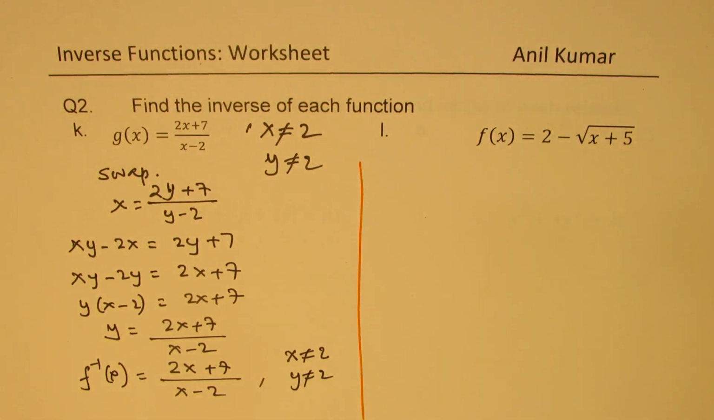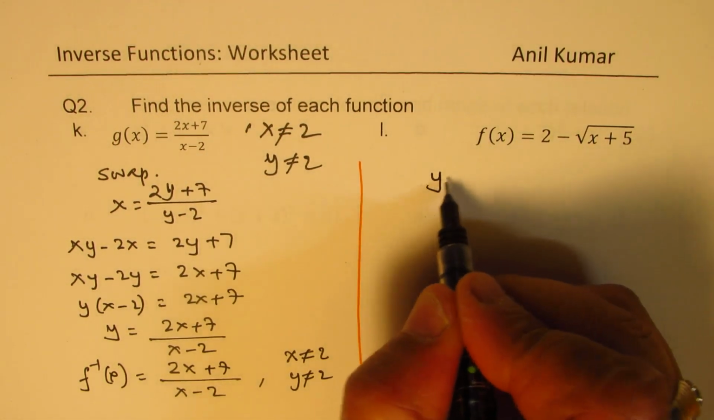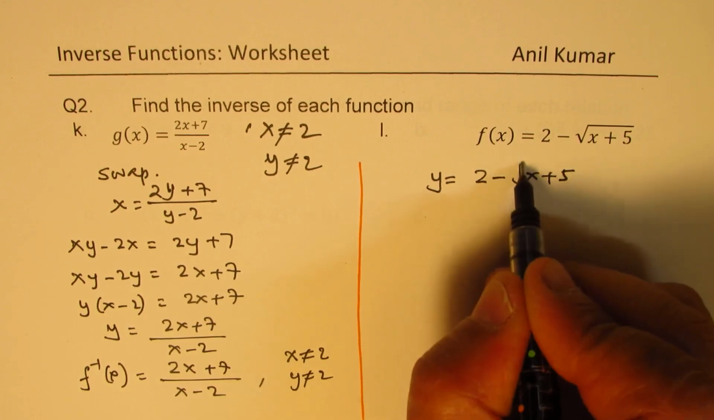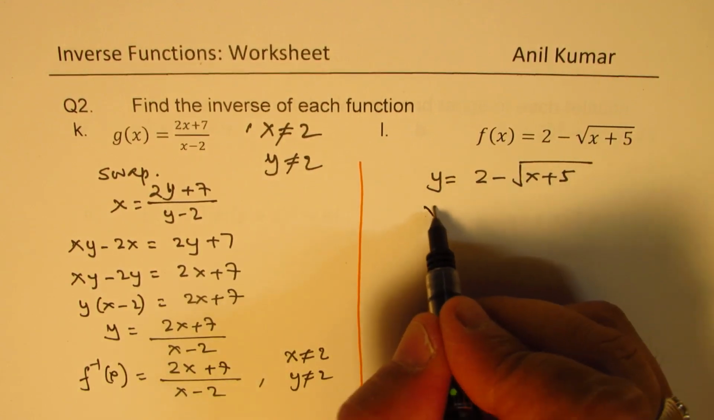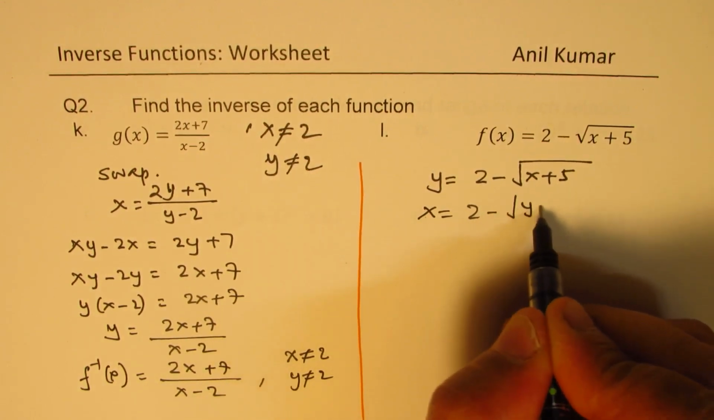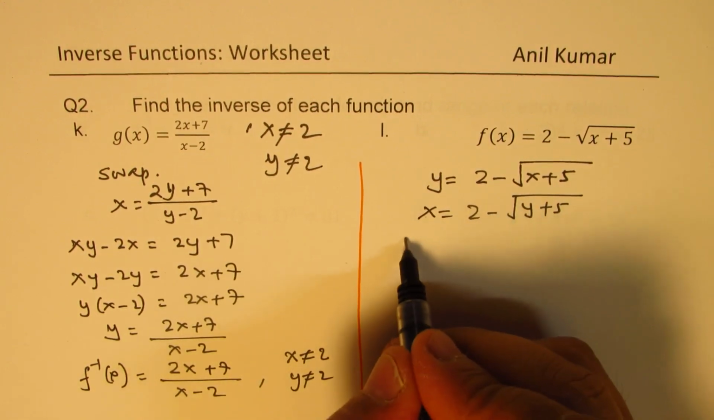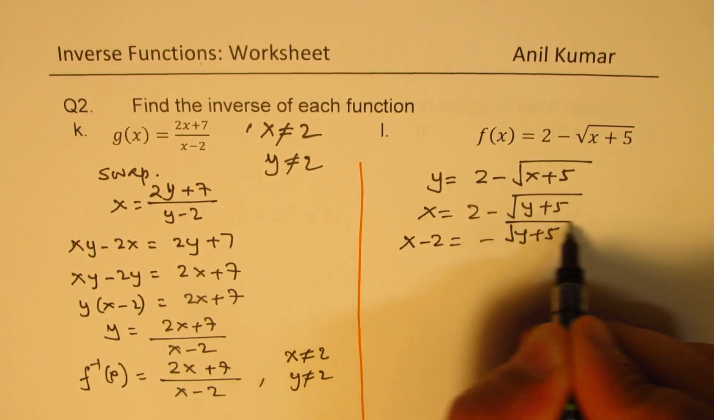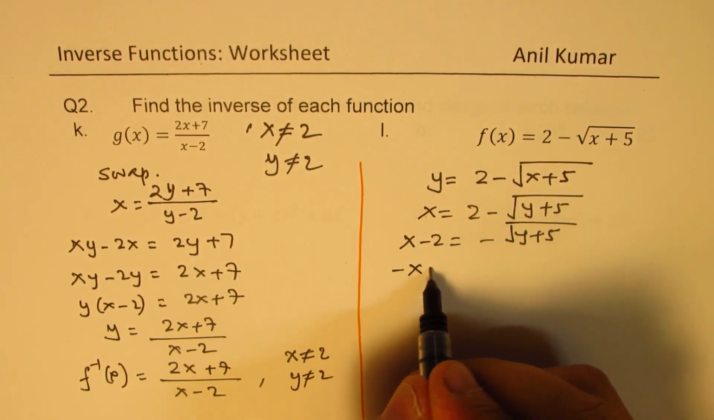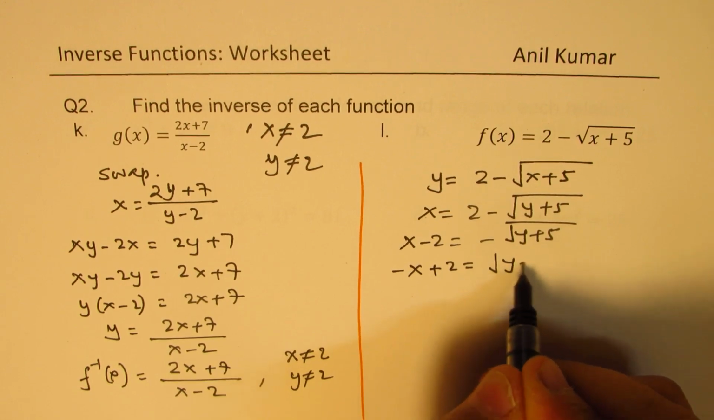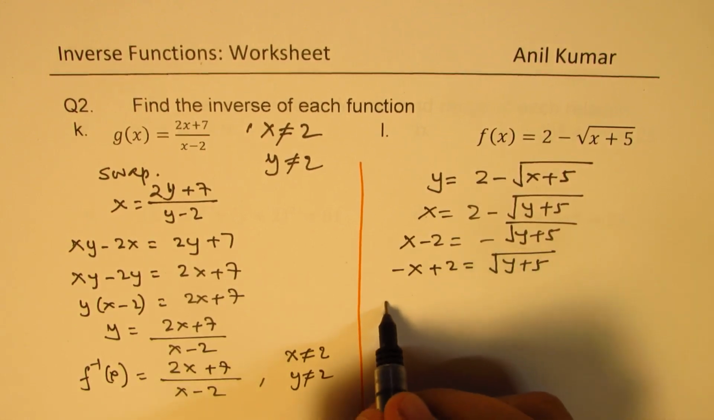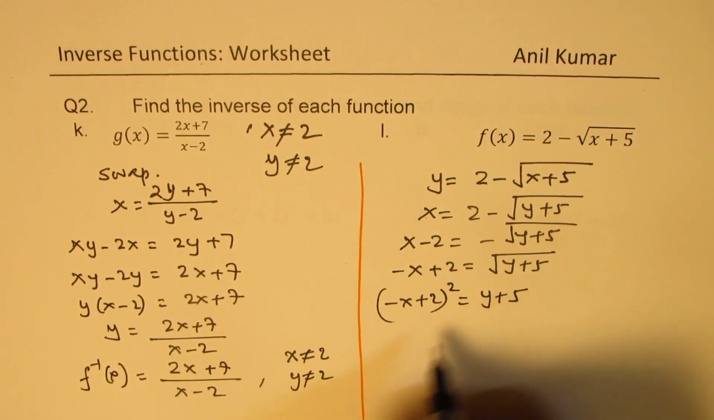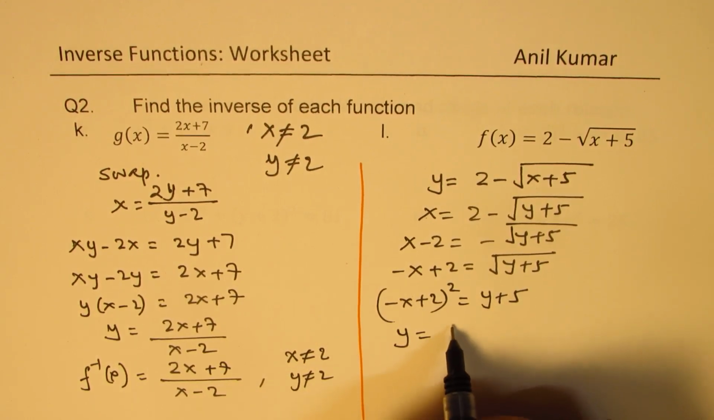Okay, let's take up the next question. Swapping, we get y equals, first we'll write as such. Replace the function by y and now swap. So get x equals 2 minus square root of (y plus 5). And then that gives me x minus 2 equals minus square root of (y plus 5). Dividing by minus means interchange the signs. Now we'll square, so (minus x plus 2) whole square equals y plus 5,